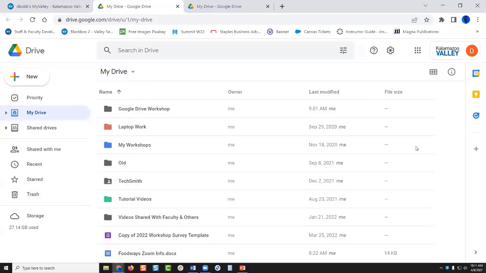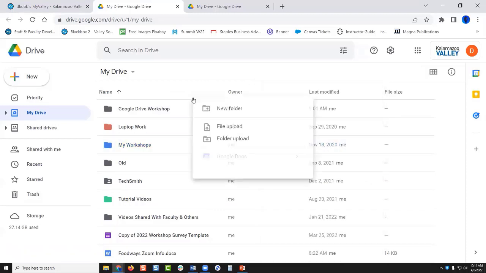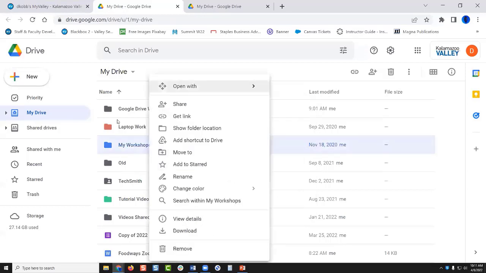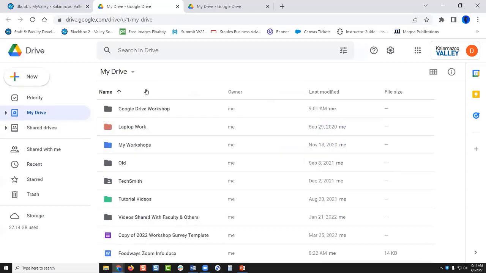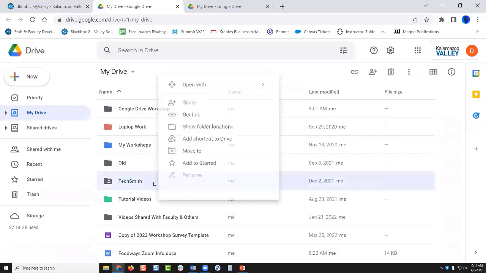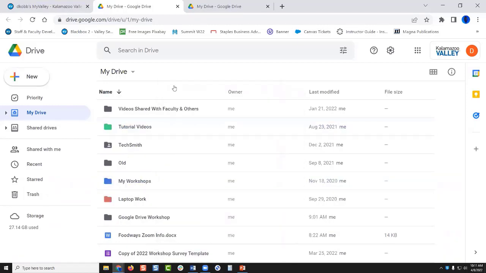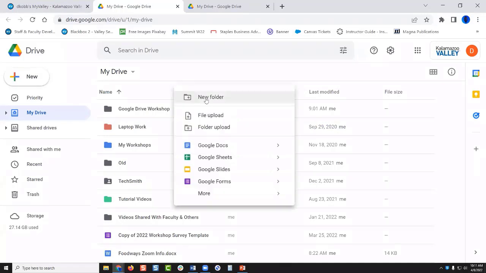You can also right click just anywhere in this area, and then you get this pop-up, and you can do different things here as well. You need to stay away from these folders. If you're going to right click, do it up here near the headers, and then you get the right pop-up window. If you right click down here, it's like you're manipulating whatever you're on. So that was an important difference.